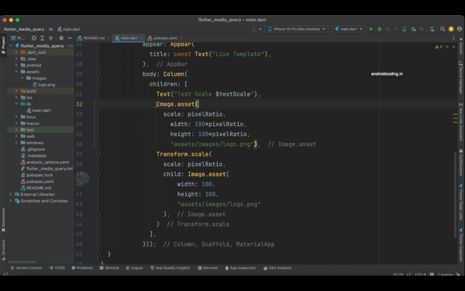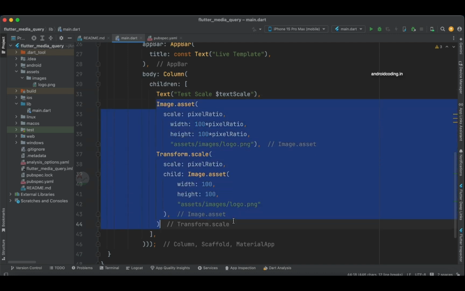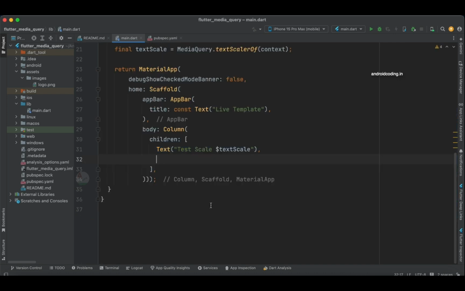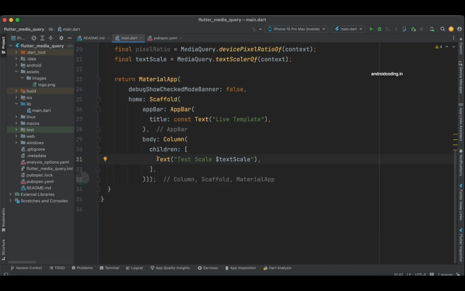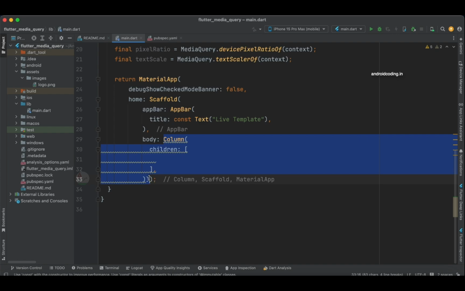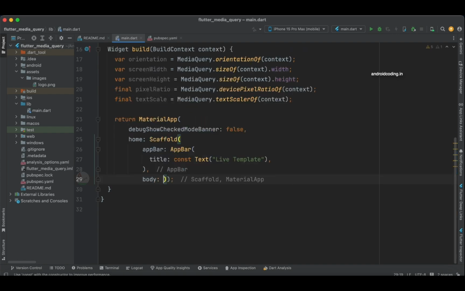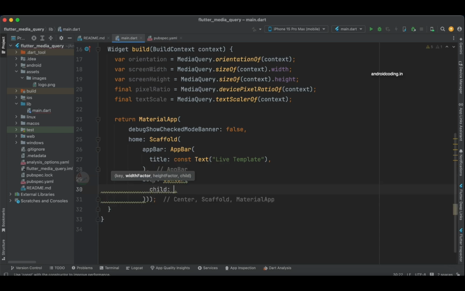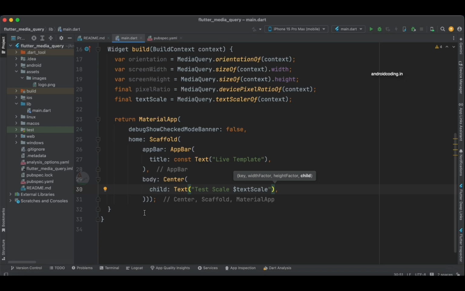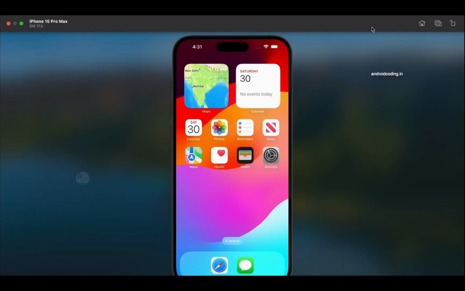And yeah, it's better to remove these images so that you get a clear picture, and also remove this entire column here and make use of Center, child, and here I am going to add this particular Text widget. So now let's try to quickly run this particular code,